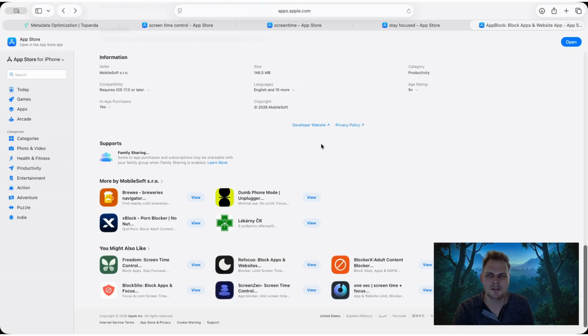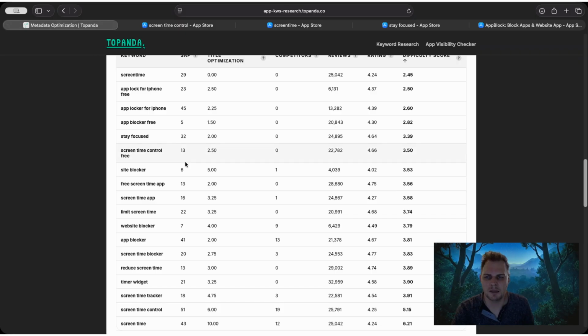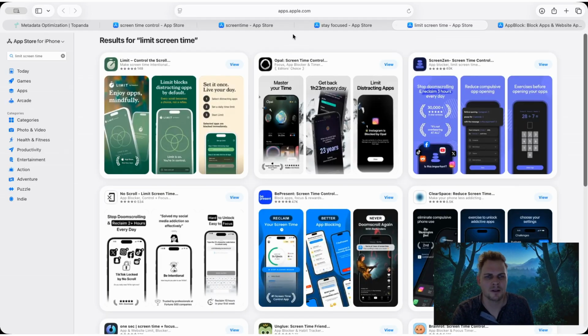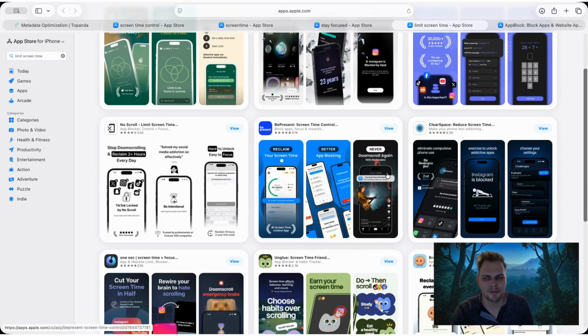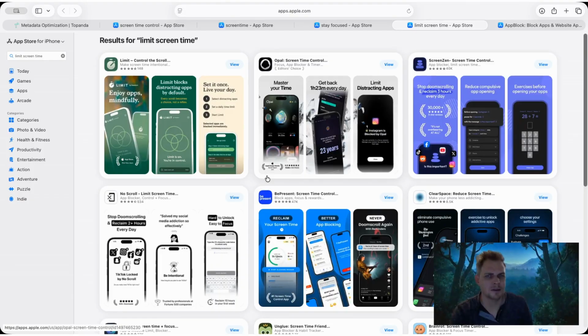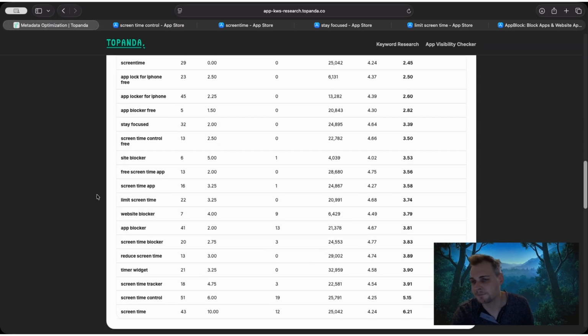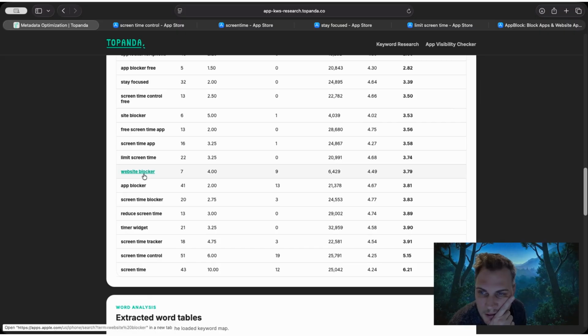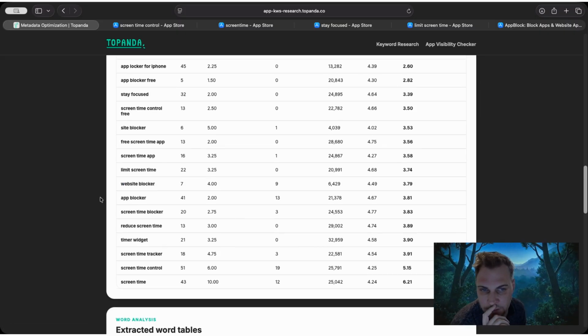I think this is what they use. Limit screen time. Yeah, that's what they use. How do they rank for this? This is top 6, 7, 8, 9. Not in the top 10. They're not in the top 10 for something they use in their subtitle. Okay, maybe they should use it in the title. Interesting. So what I liked from here,